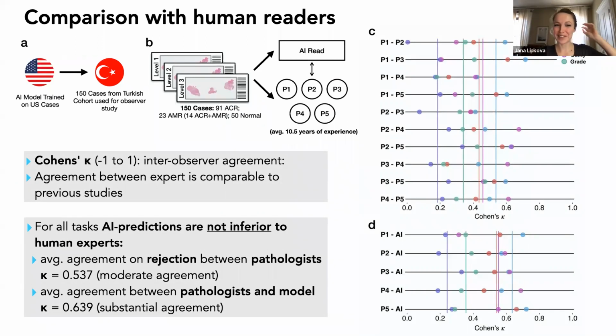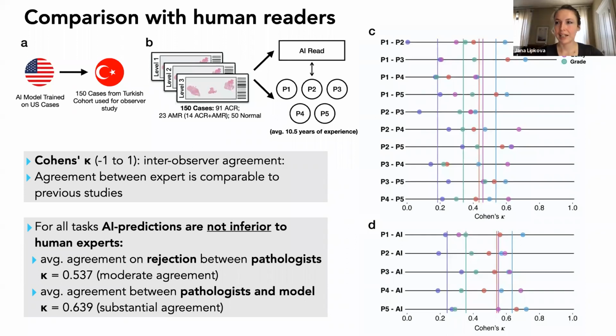Okay, but here I have to tell you a lot of secrets. The antibody-mediated rejections are a little bit tricky. One issue is that they were recognized much later, so many centers started officially grading them later. The pathologists may have 10 years of experience, but antibody-mediated rejections have been officially out for less than 10 years. That's one reason. The other reason is that to make the antibody-mediated rejection estimate for very low grade, you need IHC stain data to make a conclusive statement. And we didn't give the pathologists the IHC. Also, the model didn't use the IHC.